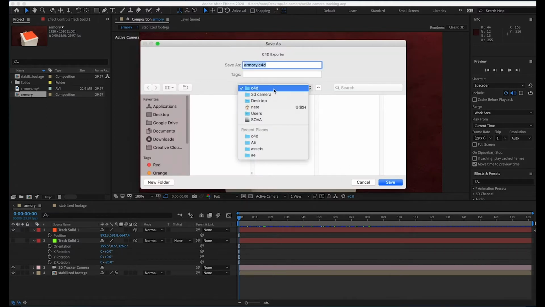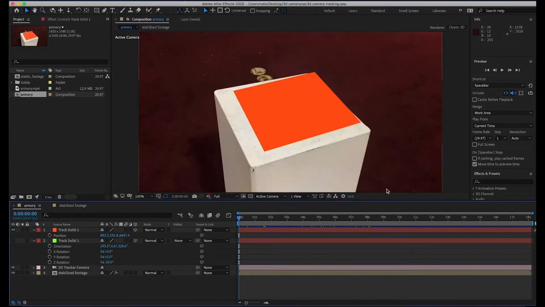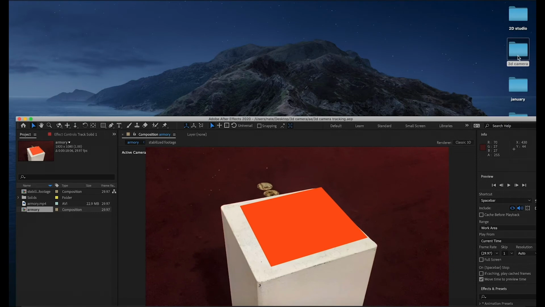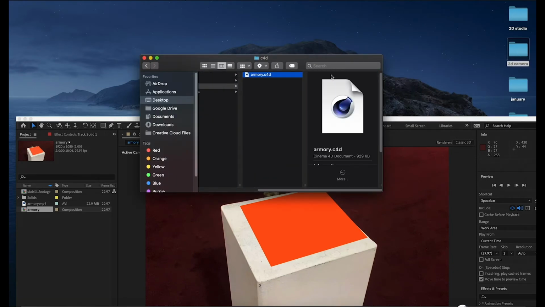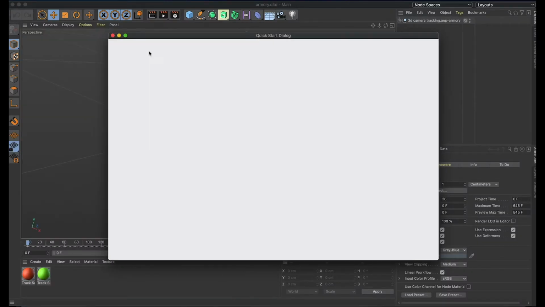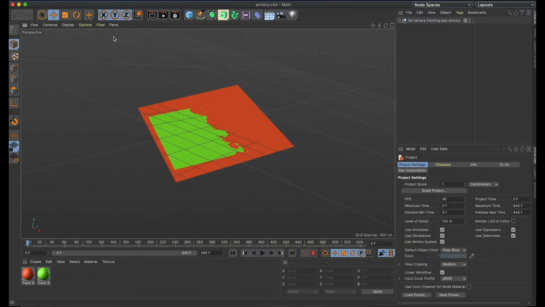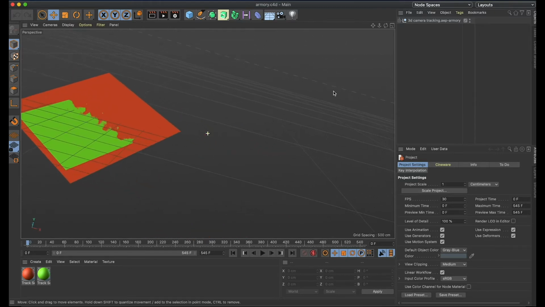I want to make sure that I put it in my spot. So for Cinema 4D, I'm going to call it Armory, that's fine. And now I can go to that folder, open up my file, and you see I have my layers now in Cinema 4D. Now let's talk about this space a little bit. It's very similar to Maya,